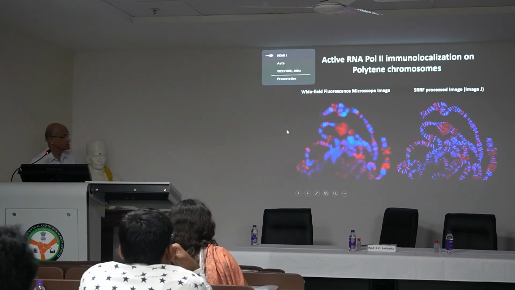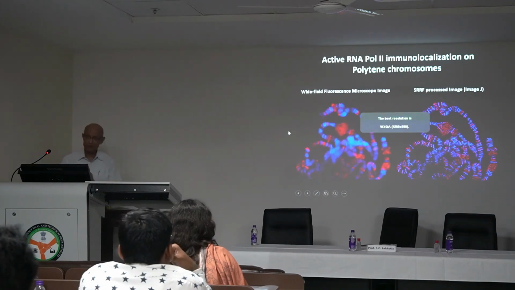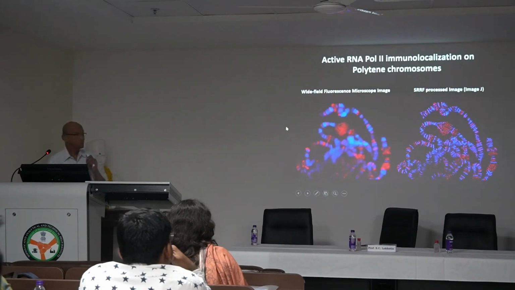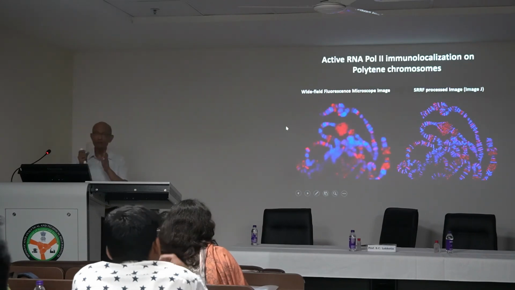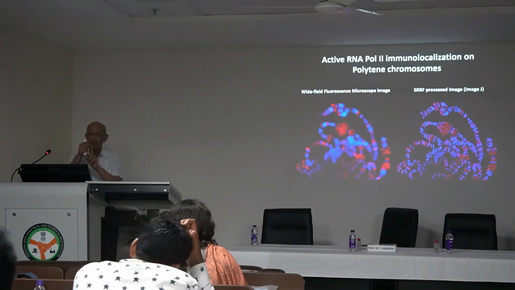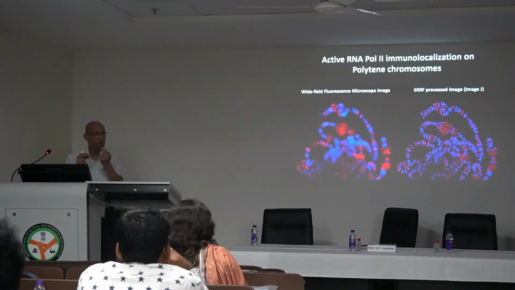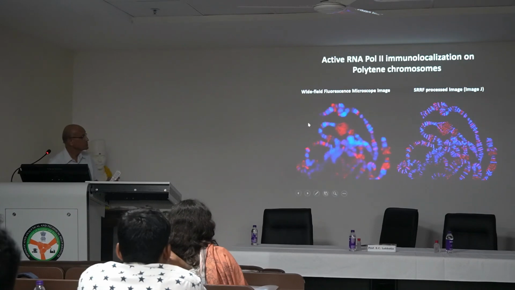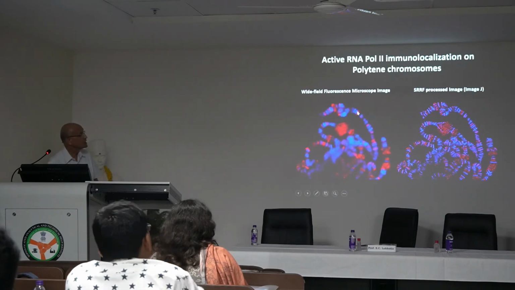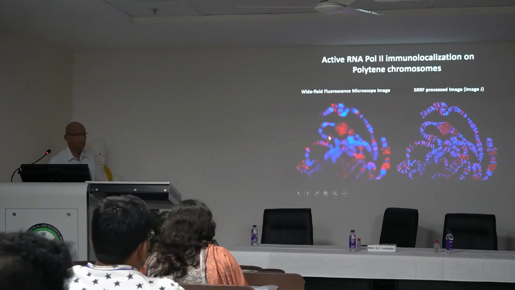The other thing that has now happened is software for confocal. For example, this is a deconvolution program, which again makes use of the point spread function, the Airy disk. From a point, the light is brightest in the center and it spreads with dimmer and dimmer intensity. And that's why you see, for example, this is the distribution of RNA polymerase II on polytene chromosomes.